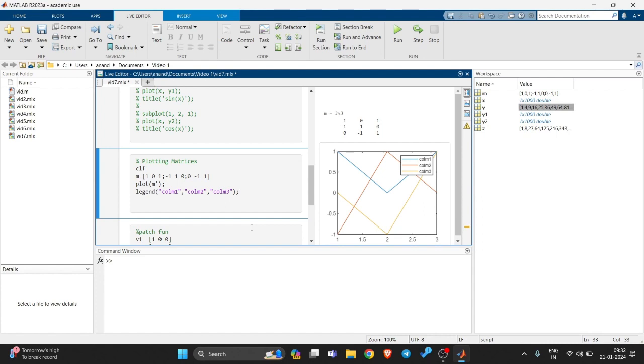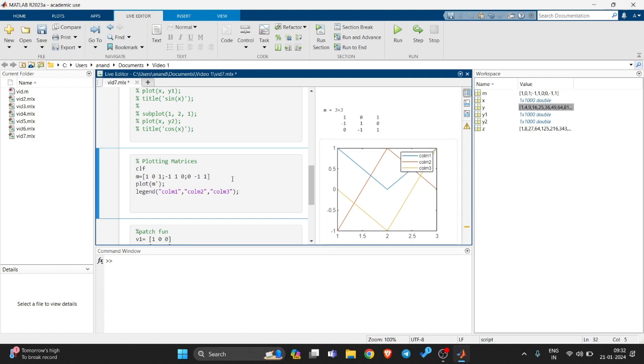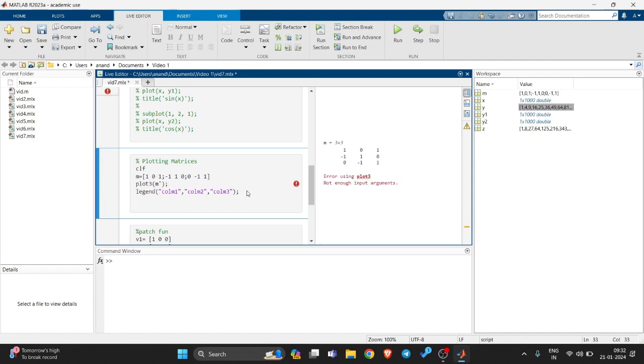So in 2D plotting, we define the x coordinates and y coordinates, and MATLAB generates data points and connects these points. Now let's look at the three-dimensional version of the plot function, which is called the plot3 function. So if I just add 3 and run this again,